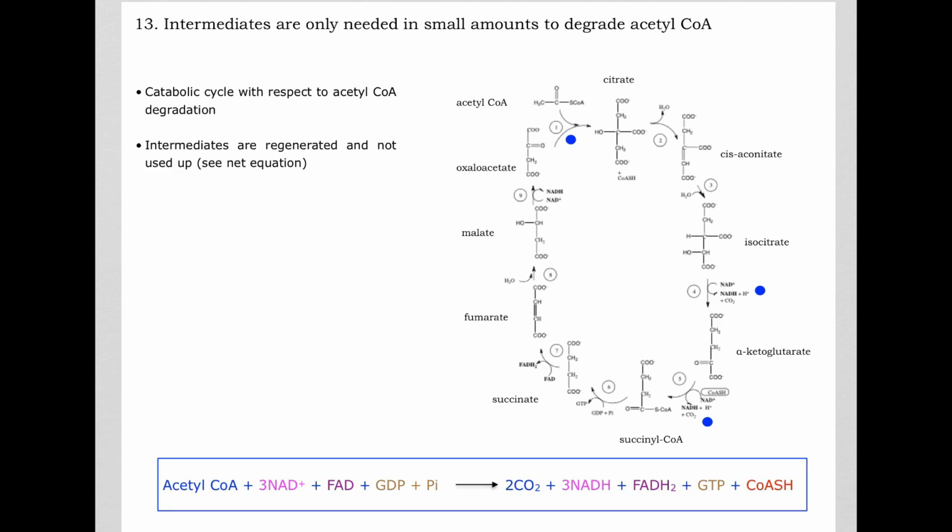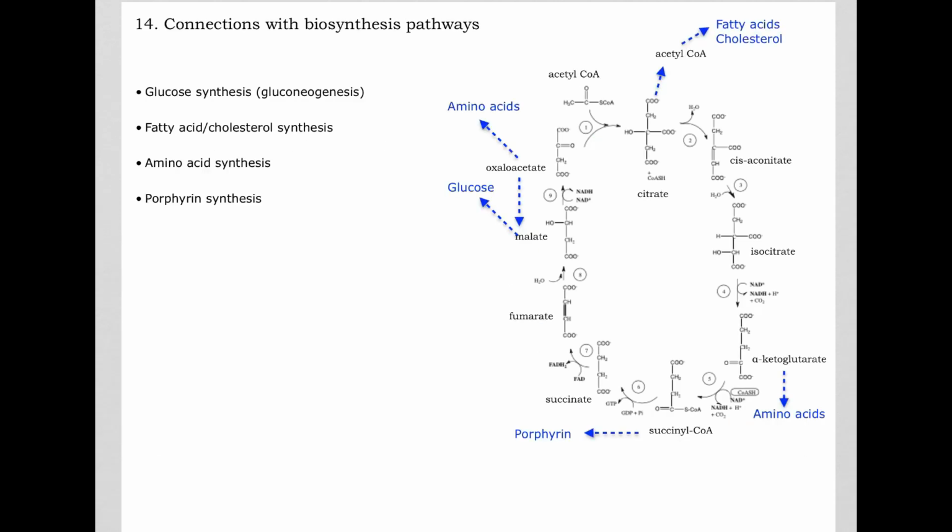And all this can happen without using up any of the intermediates of the cycle. So big advantage to cells as far as energy generation. Now, besides energy generation, Krebs cycle is also very important because it connects with many biosynthesis pathways that we'll look at in the future. For now, just to give you a few examples,